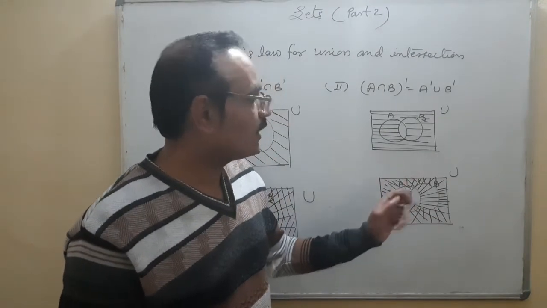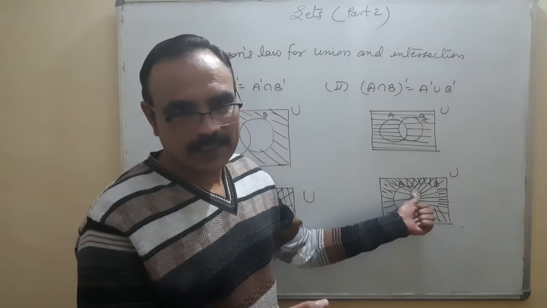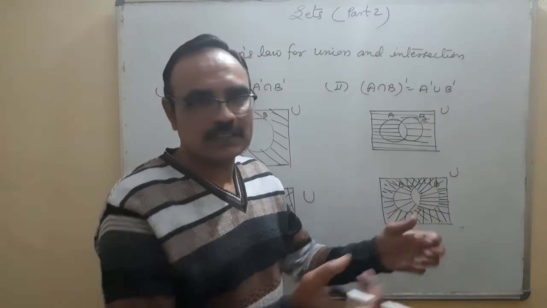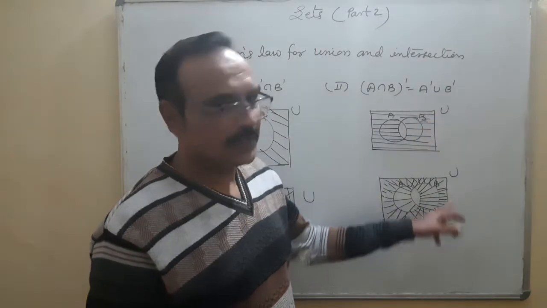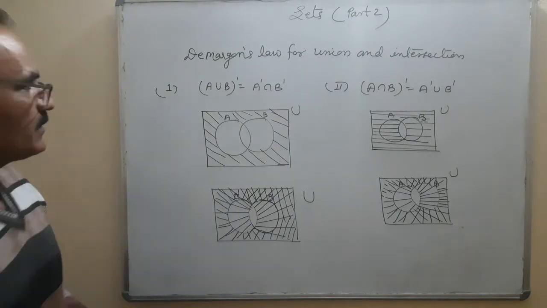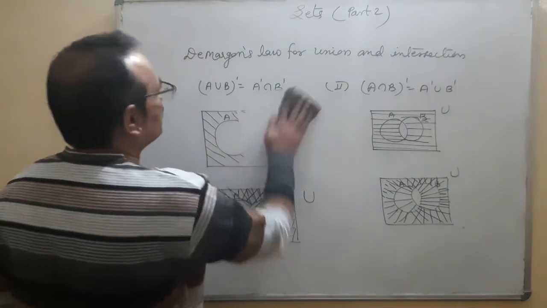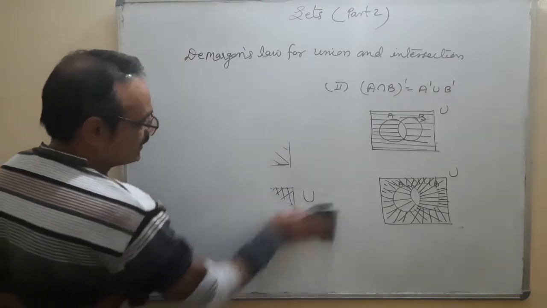So all elements are coming in this area. Only that portion is left from where we are not selecting elements. Otherwise, everywhere you are selecting the elements. It is the union part. So therefore, A complement union B complement. Okay. So that is the procedure by which we can prove, explain it, De Morgan's law. But this De Morgan's law by another way also, let me explain you.